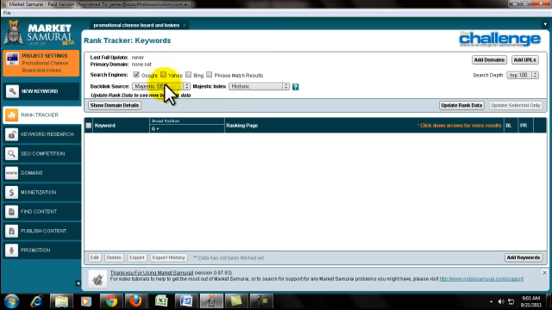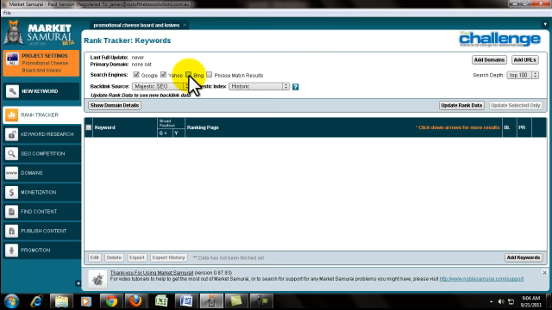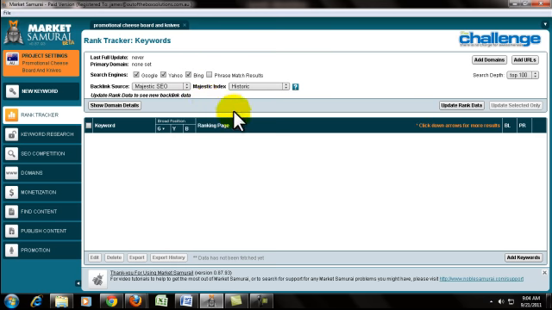once you're in rank tracker, just select Google. If you need to track the rankings from Yahoo and Bing, just click on Yahoo and Bing. Just put check marks, then add your keywords.